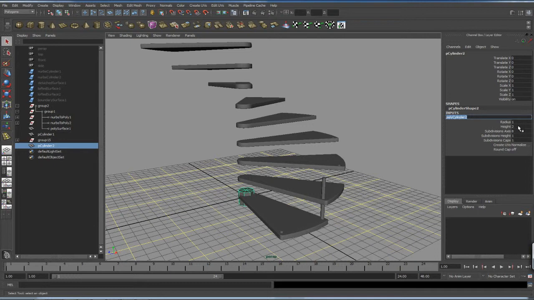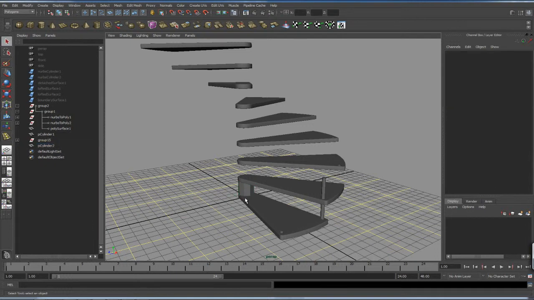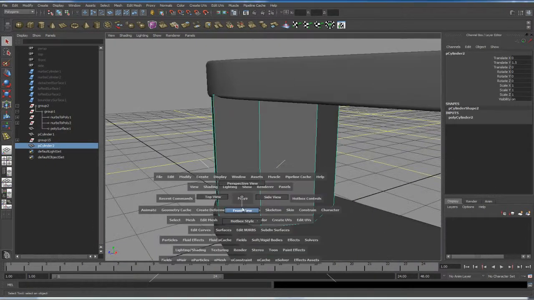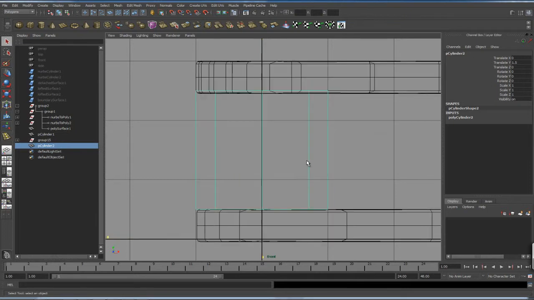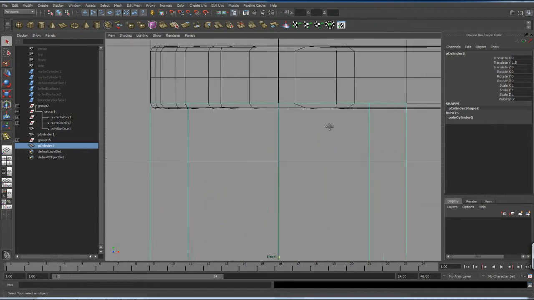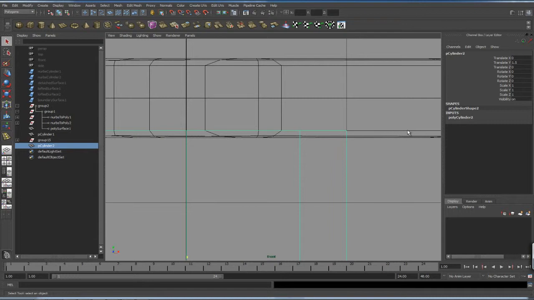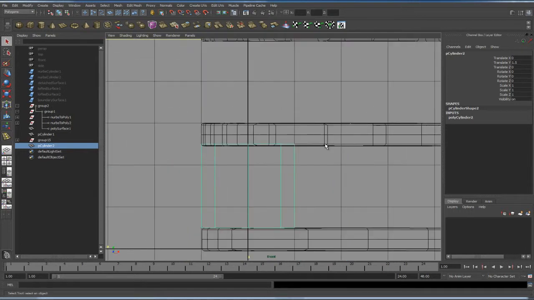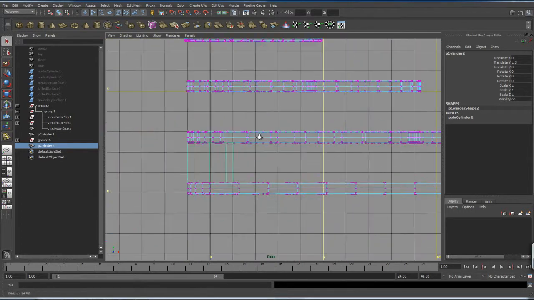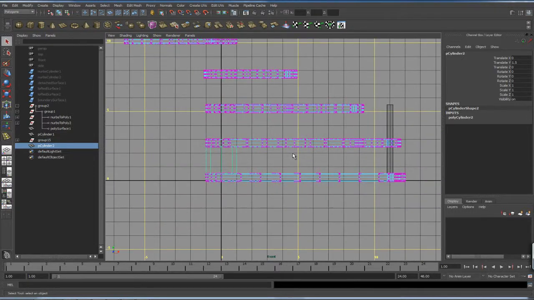So if I change the height of this, so the height of the cylinder is 2, that's good, we'll leave the default. And if I change it on the y-axis to, say, 1.5, so in between two of these, if we look at this from the front view, notice in wireframe that there is this slight overlap. And it happens to match exactly with where my bevel line is. So isn't that clever? So what I'm going to do is tag all of these vertices on the bottom side of the step